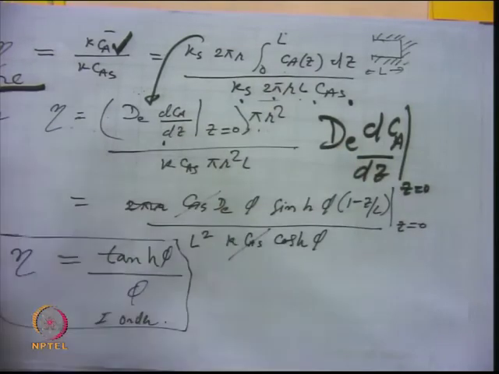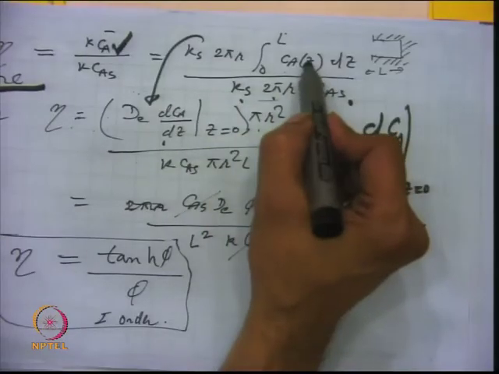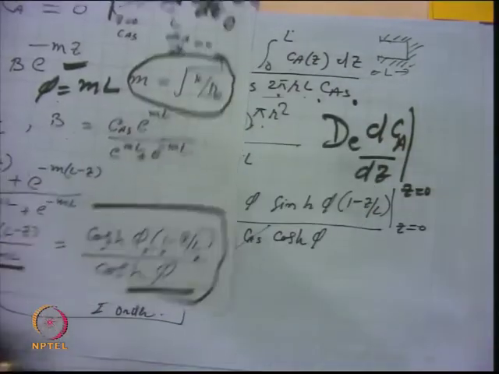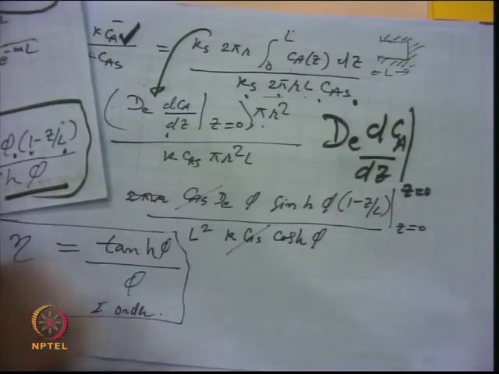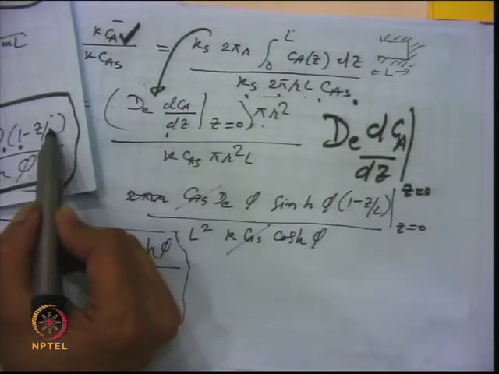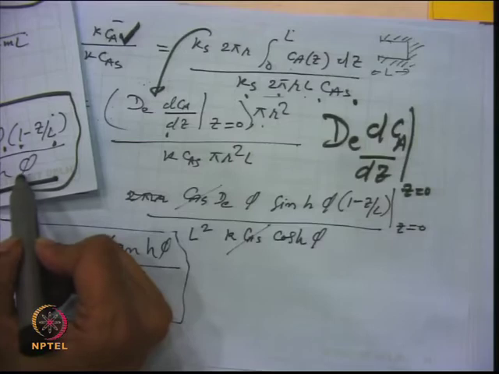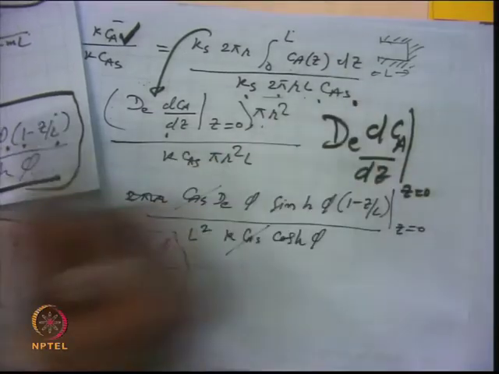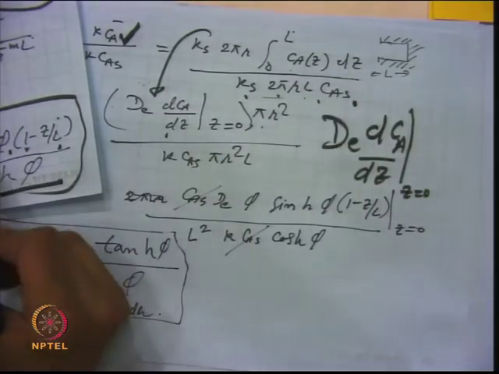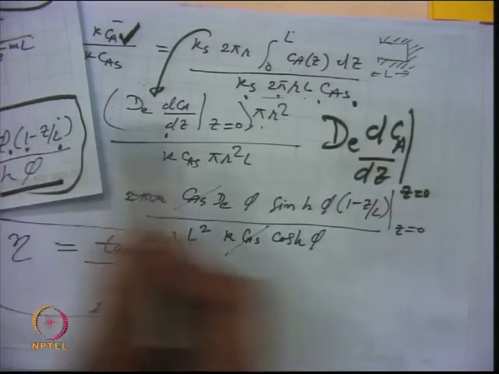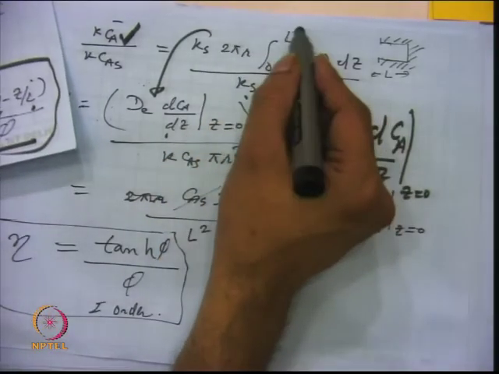So, this is the moles which have been transported into the pore, which will go inside and react, whatever the concentration profile. Either way you get the same expression, because this is the Ca by Cs. So your Ca is simply Cs times cosh phi (1 minus Z by L) divided by cosh phi. And once again you integrate this, it will give you some function of sinh, and put your limit from 0 to L.